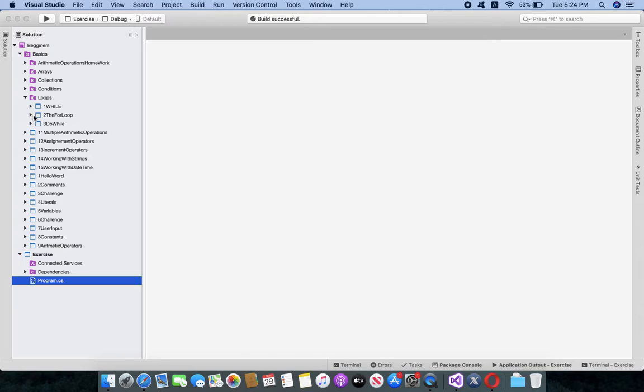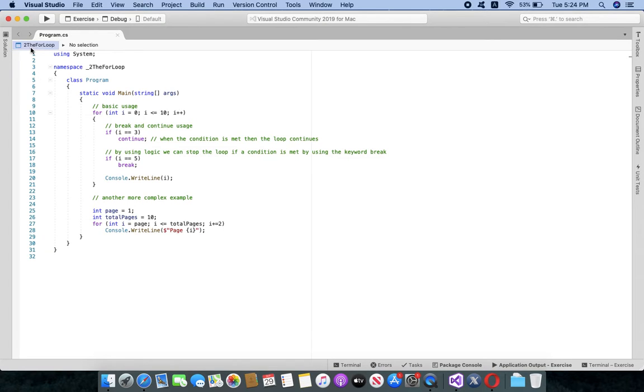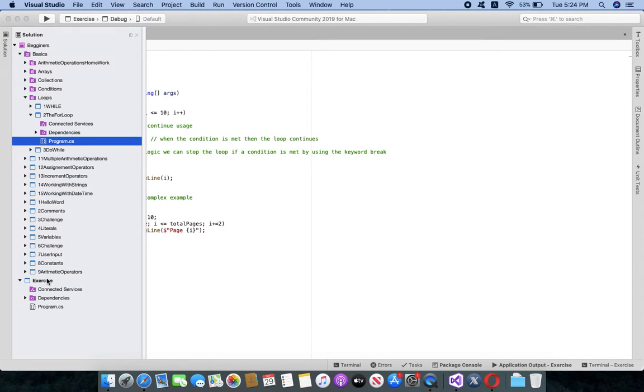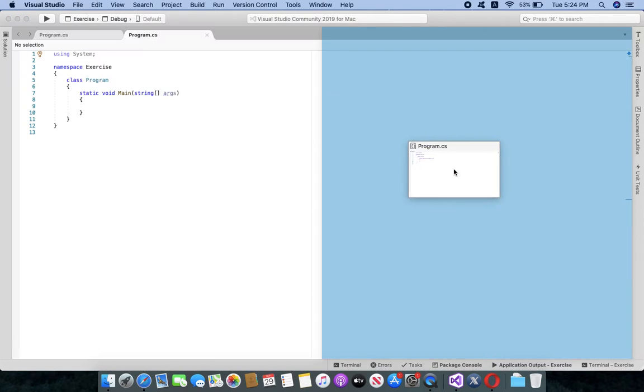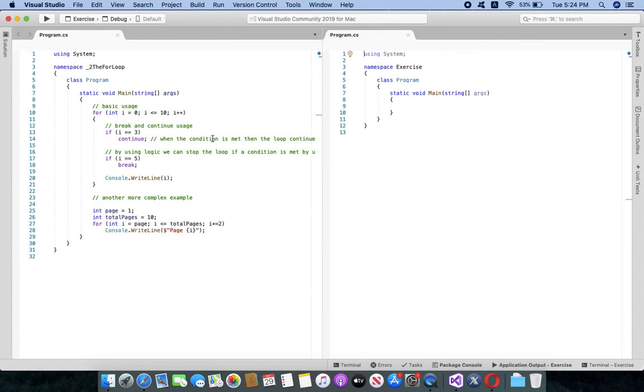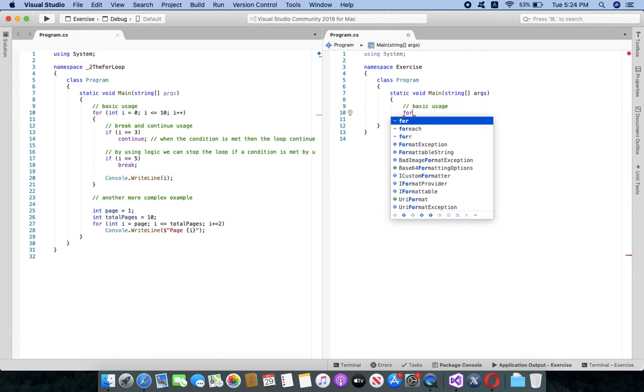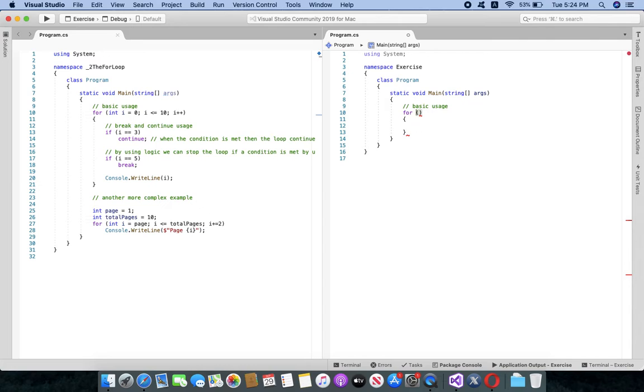Okay, and this is it. And we said that we will use the exercise blank project to examine things if necessary. Okay, and what do we have right here? Some basic usage basically, which is quite enough for you to understand the logic behind it. So I will type in the same thing, and then let's just go through the code. I will simply pretty much rewrite the same